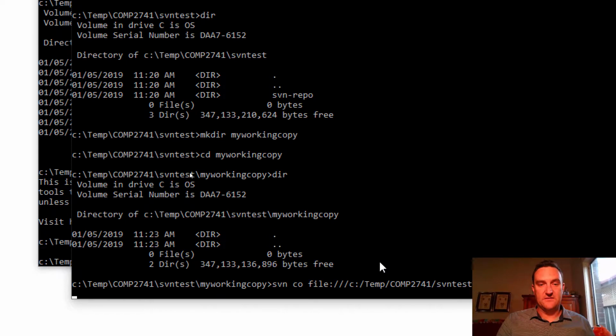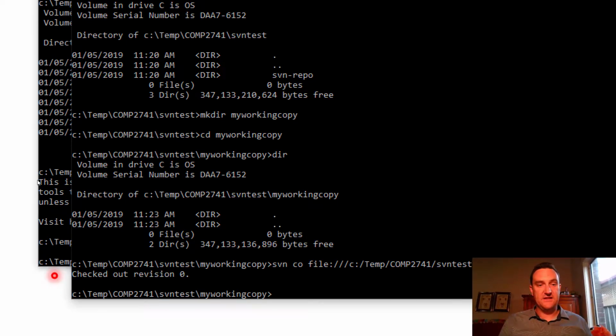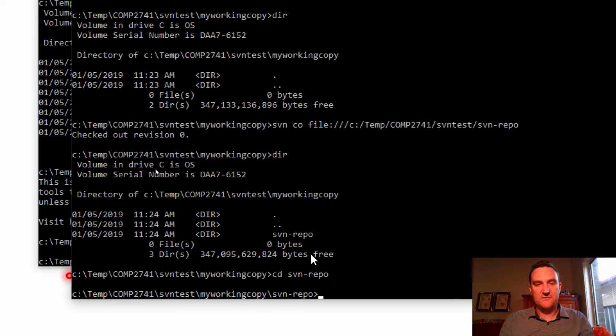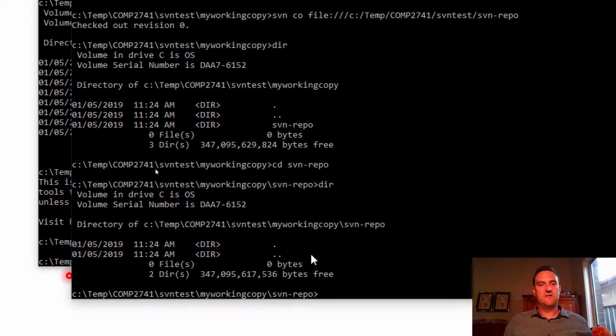I hit enter, and it says here, checked out at revision 0. Excellent, so that worked. And if I have a look, there's my svn repo that's checked out, because I just checked out the head of it. We'll go into there, dir, and there's nothing in here. Well, it's not quite true. There is something in here, right? I haven't put anything in my repository, but if I have a look at